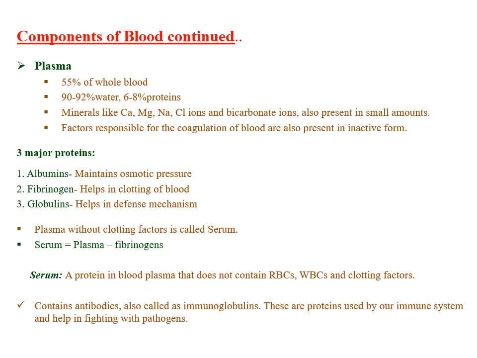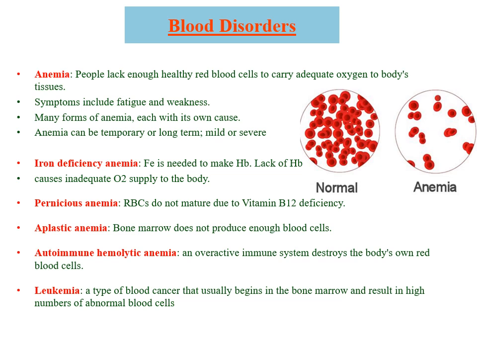Globulins, these proteins work in the defense mechanism, that is, in the immunity system of our body. All these globulins are also called immunoglobulins. When the clotting factors are taken out of the plasma, it is called serum. Serum is what? Plasma minus fibrinogens, because fibrinogens were the clotting factors, right? The serum part of the blood carries the antibodies, okay, and antibodies are used by our body to fight against the diseases.